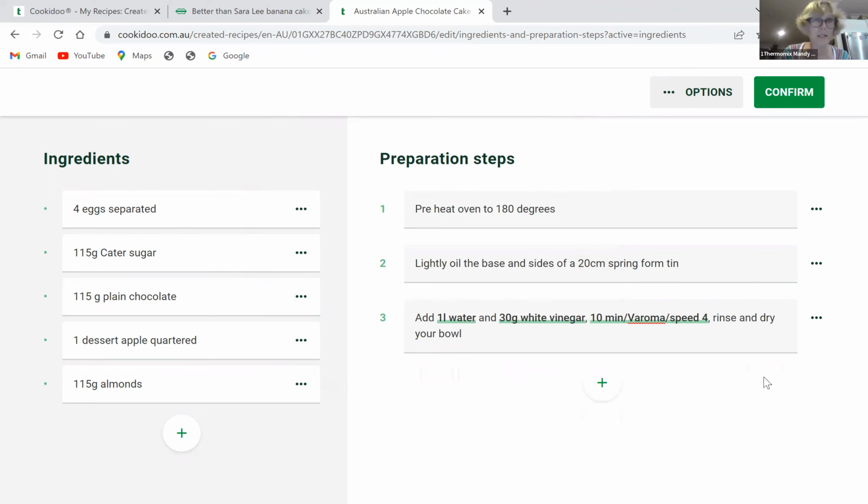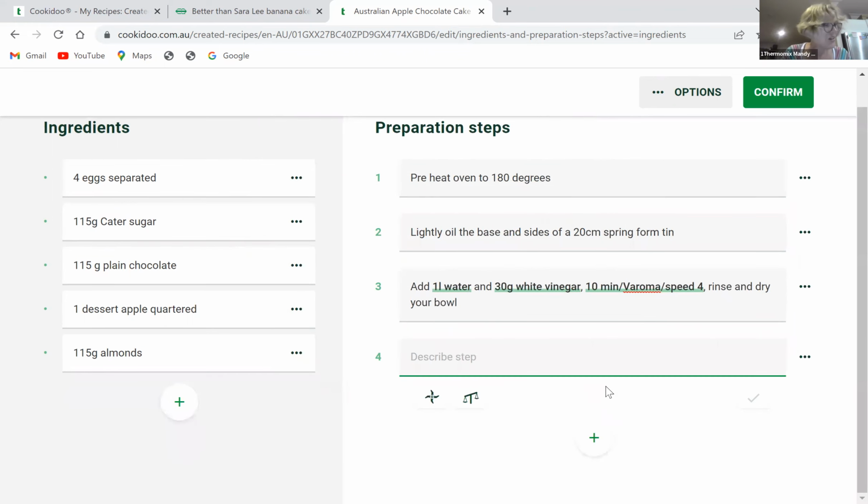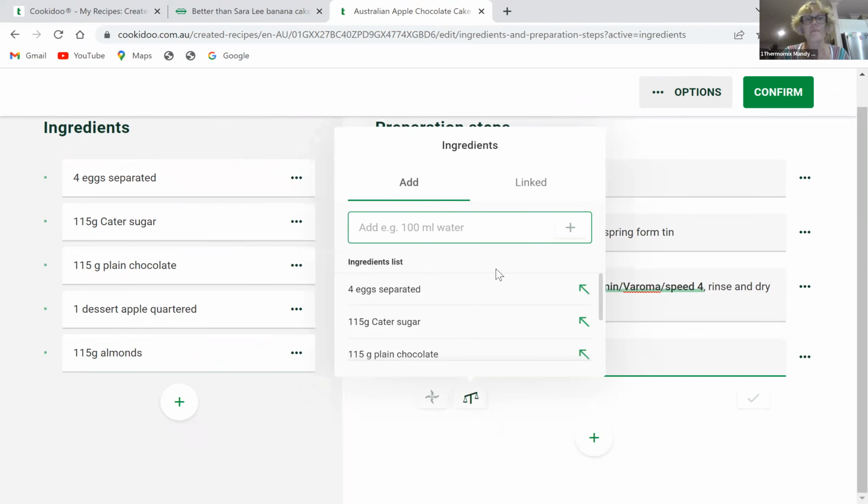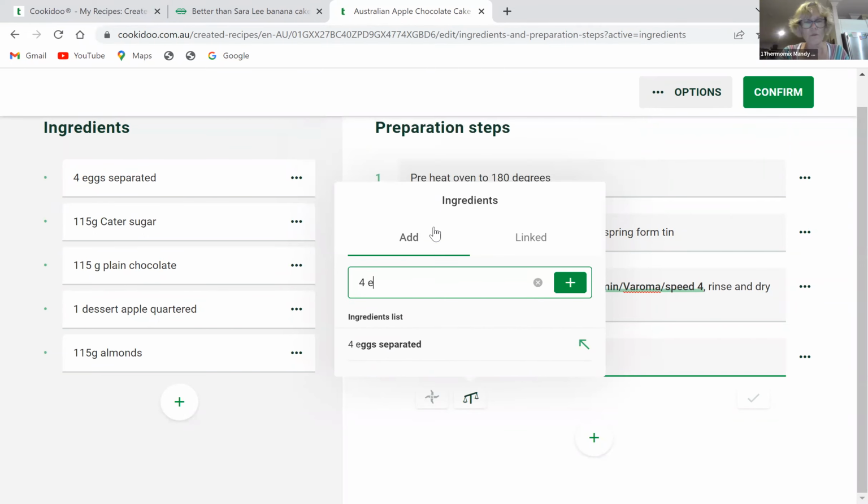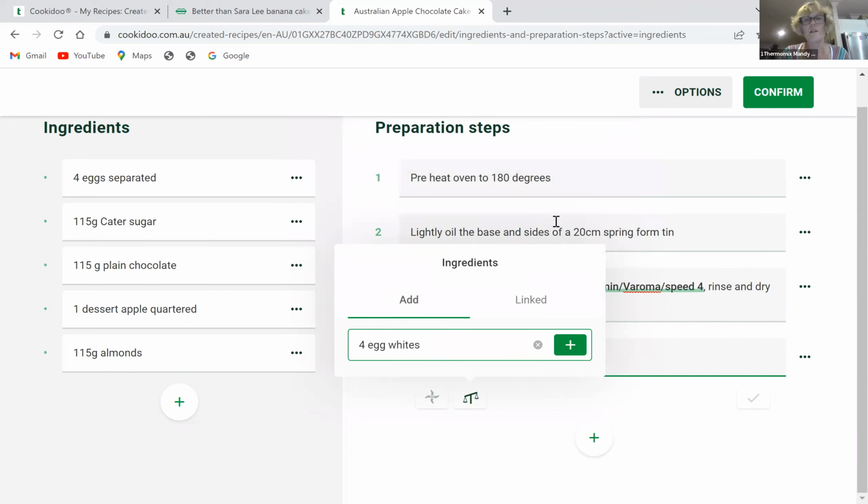Okay, now ready to start. So I'm going to add the 4 egg whites. Now see, this is a really good example. I need to have my eggs separated, but I could just go 4 egg whites there, or I need to have 4 egg yolks and 4 egg whites here, to add them straight in. I'm going to go 4 egg whites